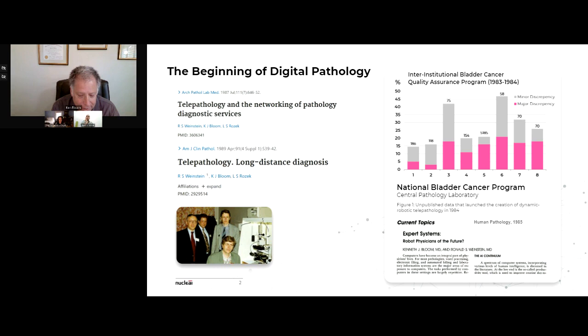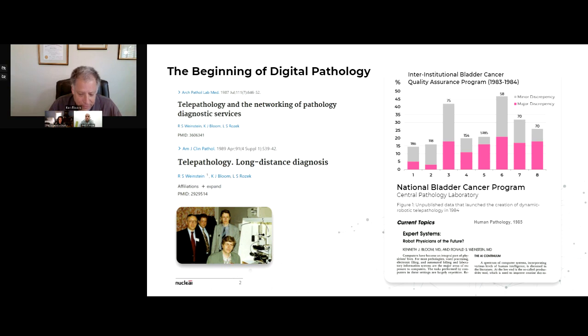pathology and AI. So back in 1981, I was a second-year medical student at Rush University in Chicago when I met Ron Weinstein, who was the chairman of the Department of Pathology. Ron was convinced that computers and emerging information technologies would change the practice of medicine, and more specifically, pathology. Because of my background in programming, Ron convinced me to do a post-sophomore year fellowship in pathology, and that decision